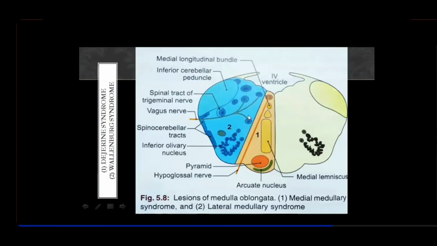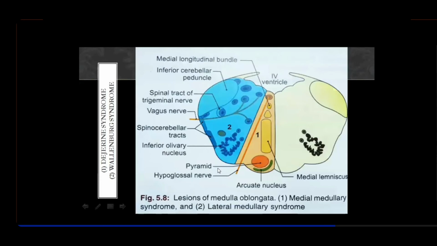Got it? Apart from all these functions or sign damages, don't forget that the autonomic fibers from the hypothalamus, they are also descending down, right? Because either for the parasympathetic outflow or for the sympathetic outflow, the neurons, the upper motor neurons, they are actually coming from the hypothalamus. So this tract also, which they have not mentioned here, autonomic fibers also will be damaged, and ultimately they are reaching down into the lower portion of the